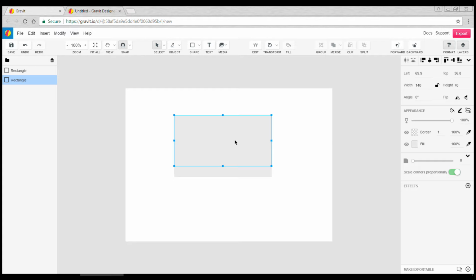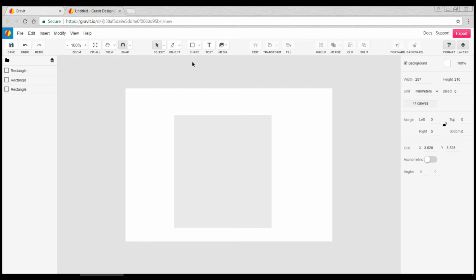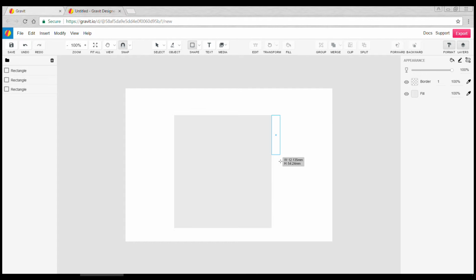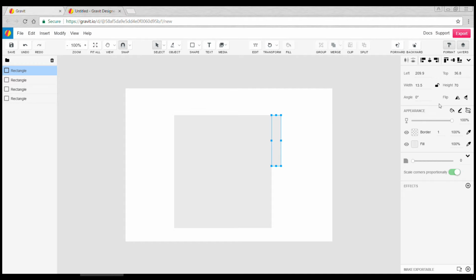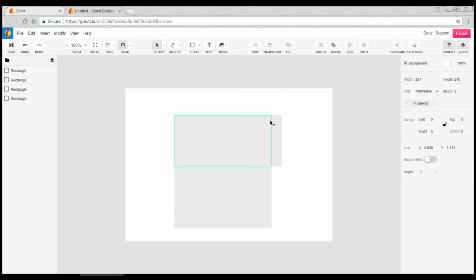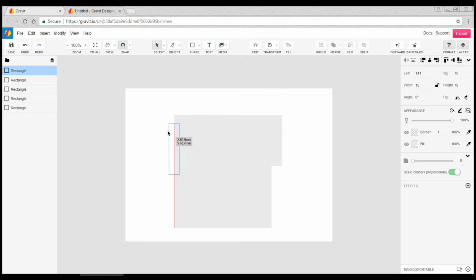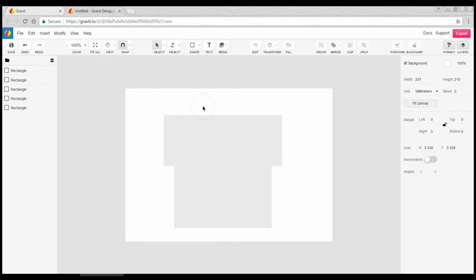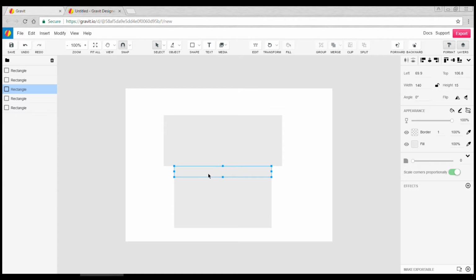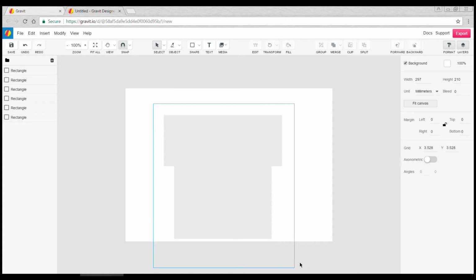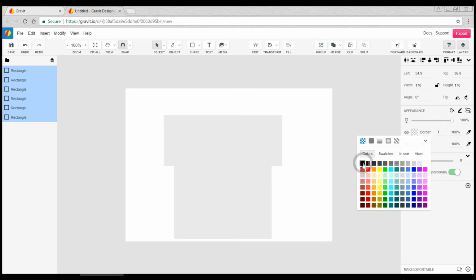From this point I can copy and paste, Control C, Control V, and I have 1, 2, 3 sides of my net. I also need these side pieces, so I'm going to make that 15 to match, and then I'm going to copy and paste that over to here, and I believe I need one more underneath down here. So I might like to select these and give them a border so I can see more